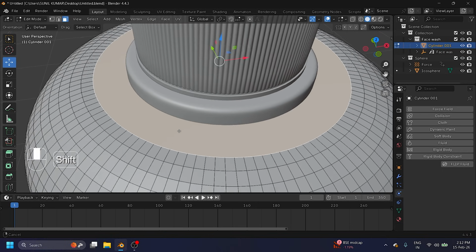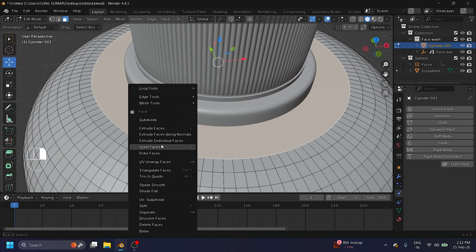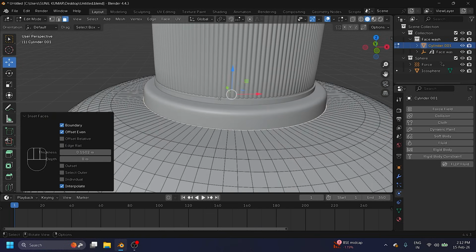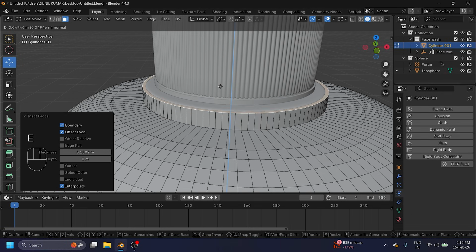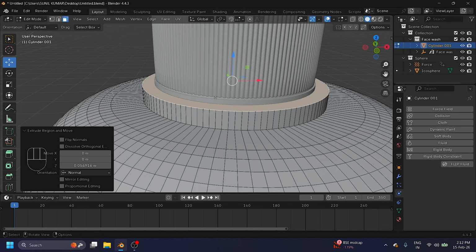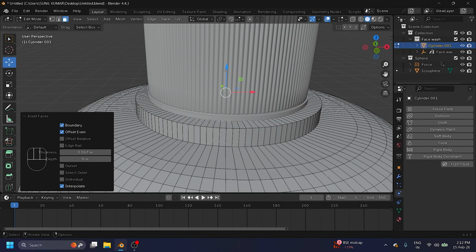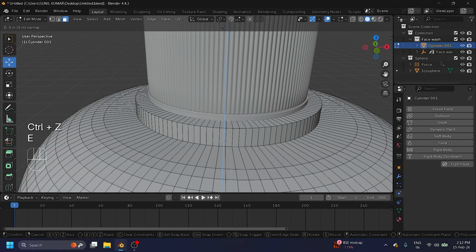I select this face and guys, right click, use inset face like this. Yeah. And extrude, press E like this. And again, press I and extrude, check. Yes, and up. Actually, E, up.